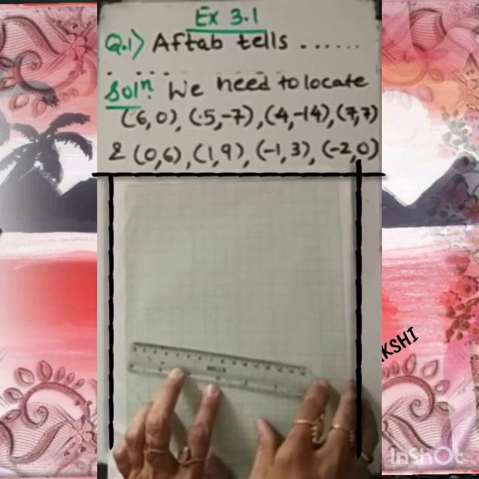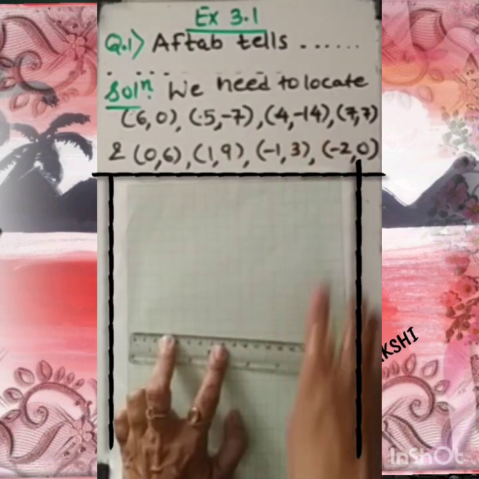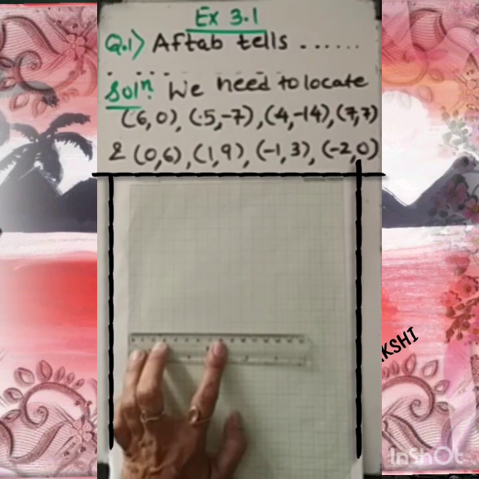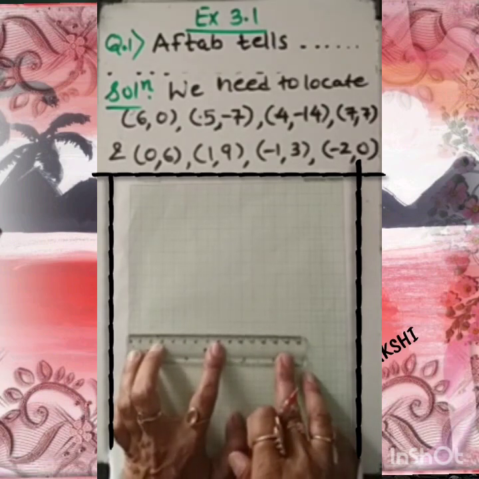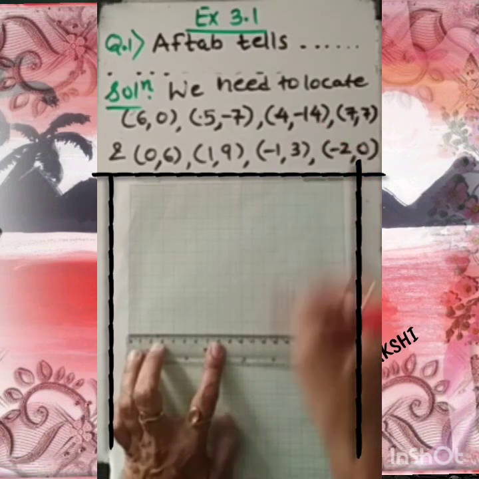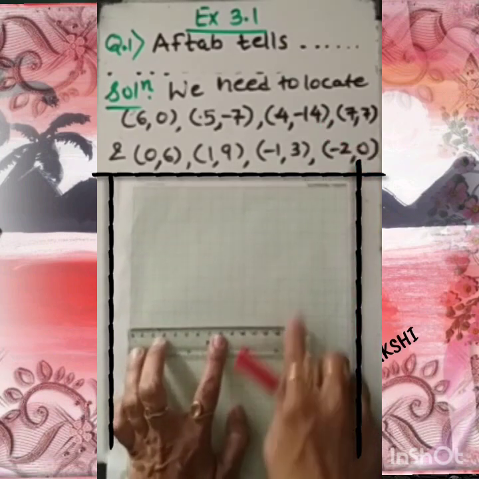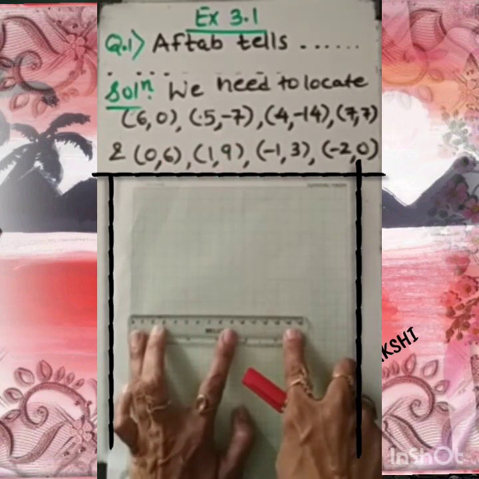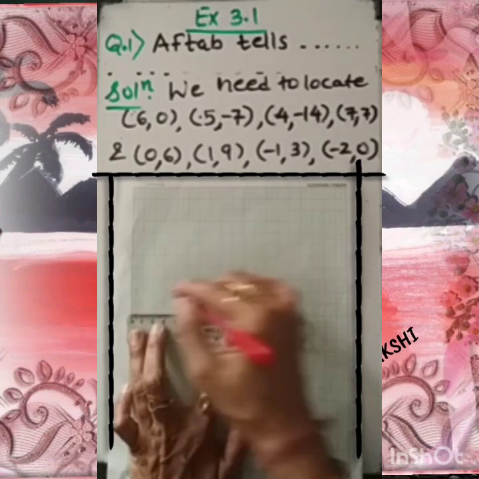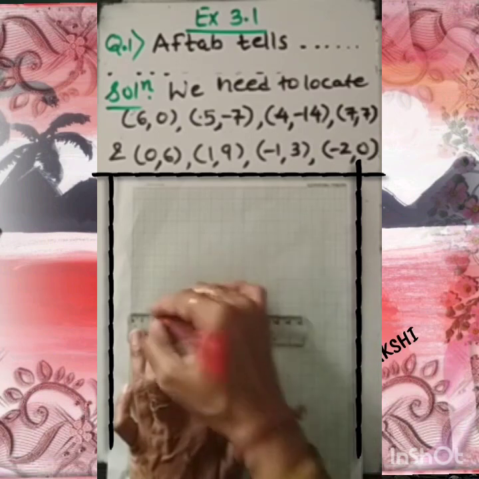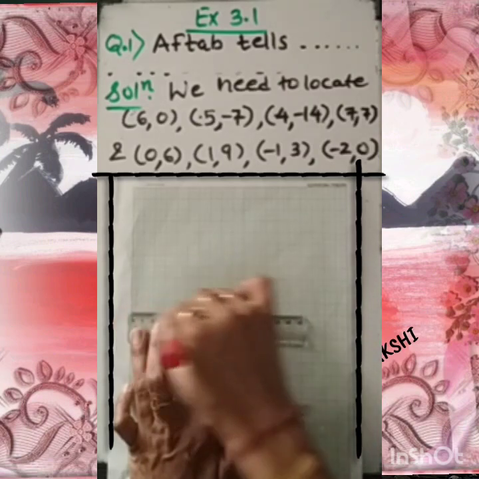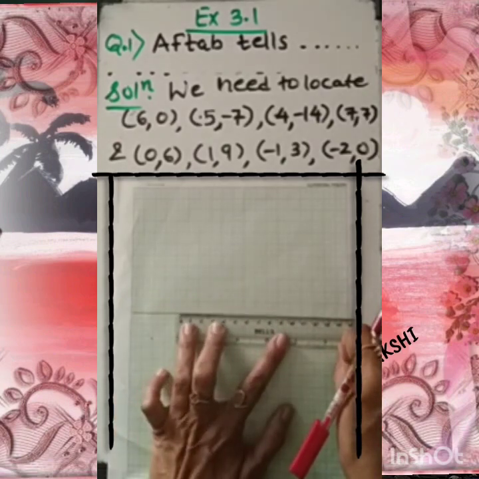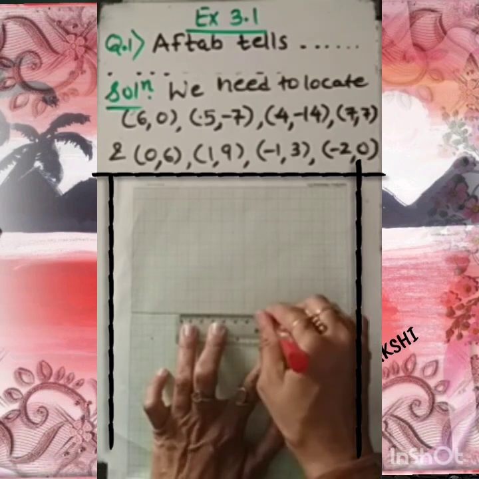So my dear student, here you can see on your screen these points we have to locate on our graph paper. For that I am choosing my pen, and let's work on that. As we want to go minus 14 down and highest positive 9 up, I should choose from here. So let's decide in such a way. Fix your crop, that is, shift your graph according to the requirement. Fine, so I am drawing the line from here. You can see, start drawing along with me and enjoy drawing the graph also.